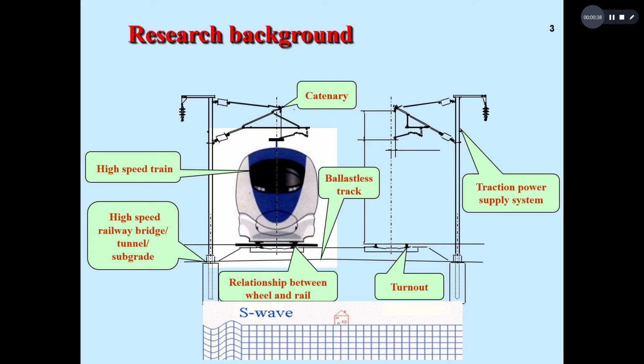This figure shows us a big system including the high-speed train and catenary for power supply and traction power supply system, and the high-speed railway bridge, tunnel, subgrade, and the relationship between the wheel and the rail, also including the ballastless track and turnout. So when the train is running on the rail lines, the S wave, that means the earthquake will